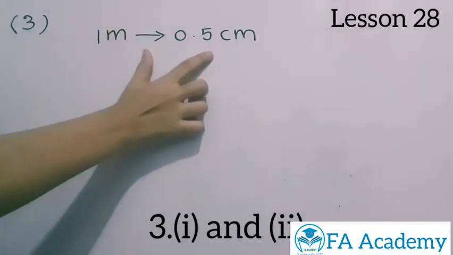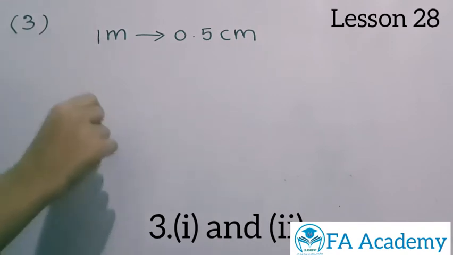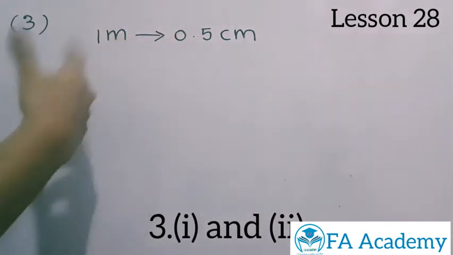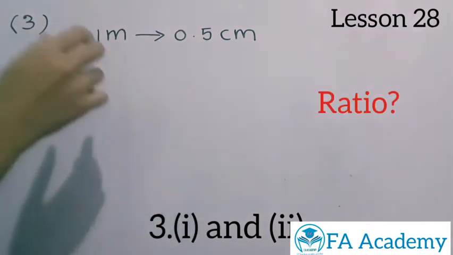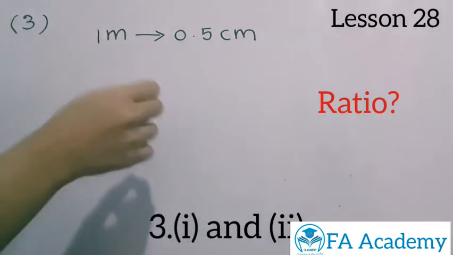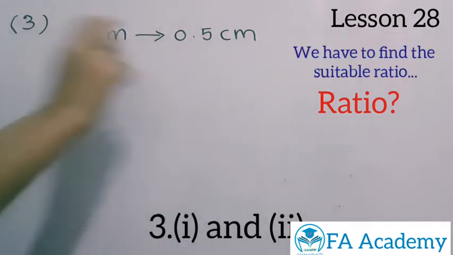1 meter into 0.5 centimeters. So when you keep it like this, it's not the ratio. Okay, so why did we take 0.5? Because we cannot draw that 20 meters in a book. When you take 20 meters as 20 centimeters also you can't draw. So that's why you didn't take a 1 centimeter measurement.